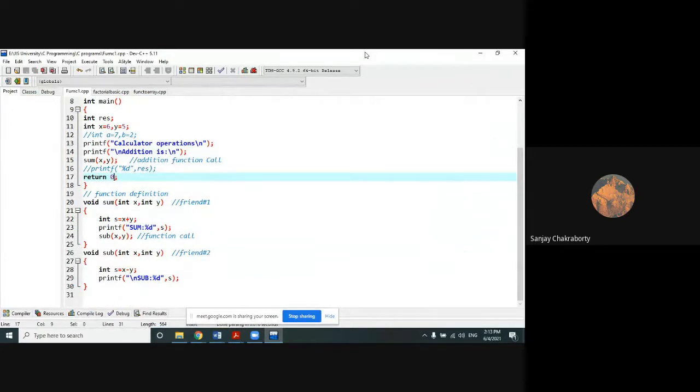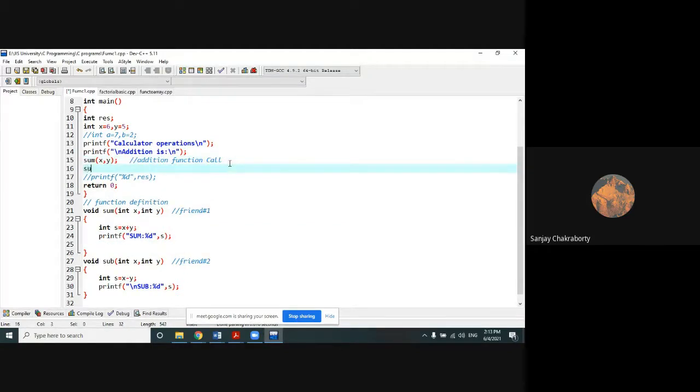So let me tell you that when you are using a sub function, we can do a return type like this. Suppose I want to implement a return type in this function. This is a sub function. I think the concept of a sub function is very clear to you. In the last class I discussed in detail what a sub function is, with real life examples of the party and friends. This is the first sub function, summation, which will perform the summation of two variables x and y.